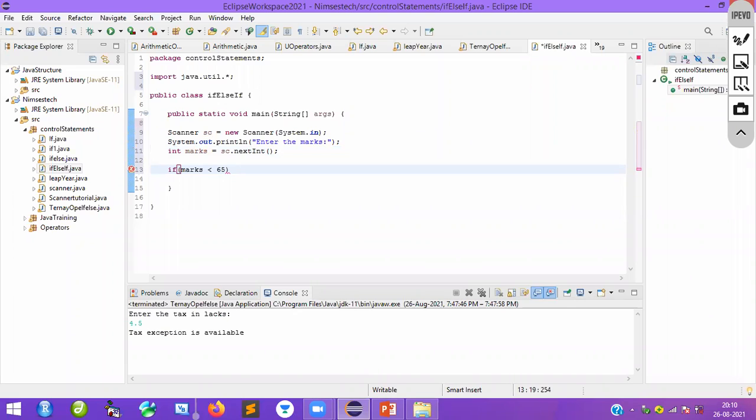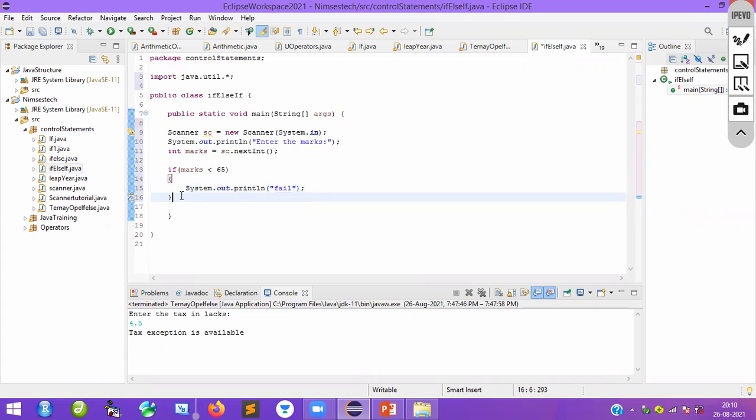If it's less than 65, I will say SYSO, control space bar, and print fail. See, whatever I wanted, I am able to do it. It's my own program, so it is left to you people.